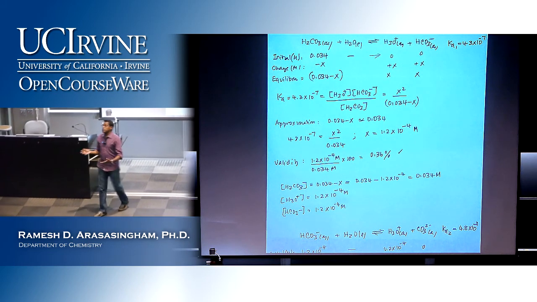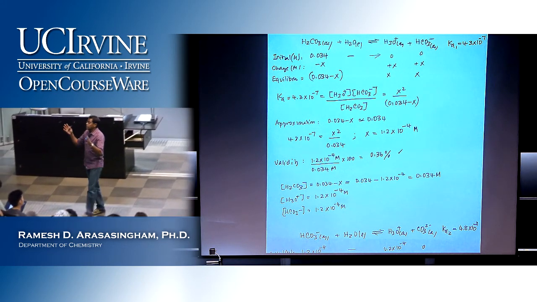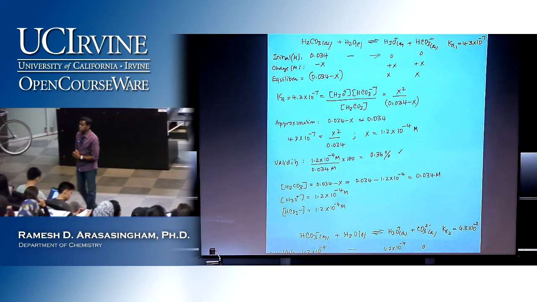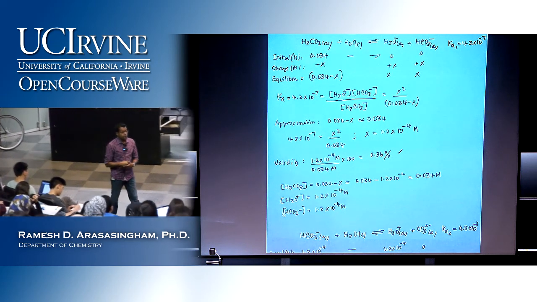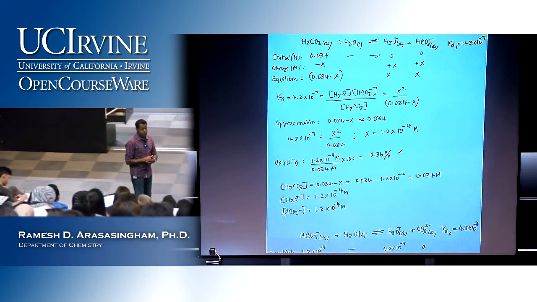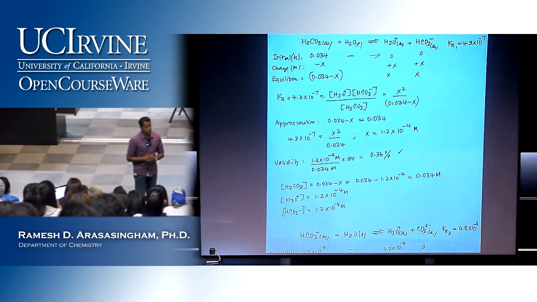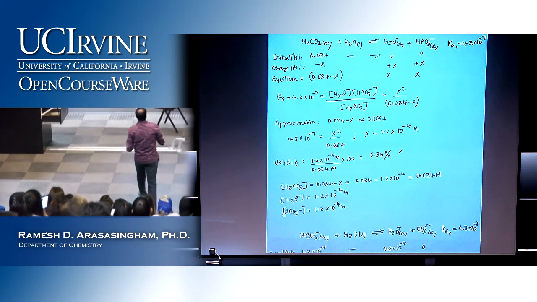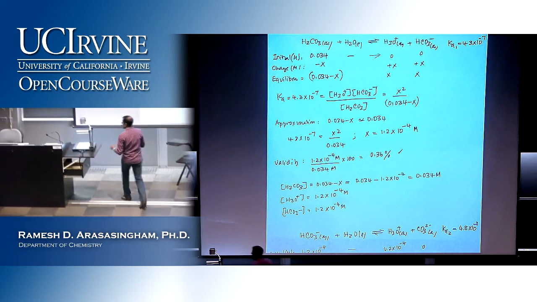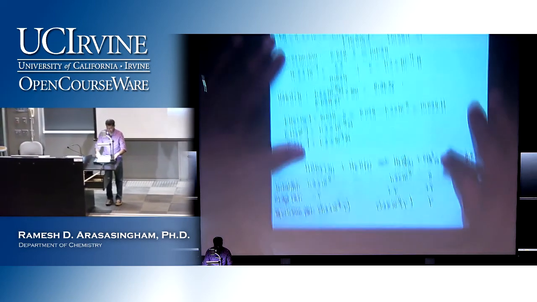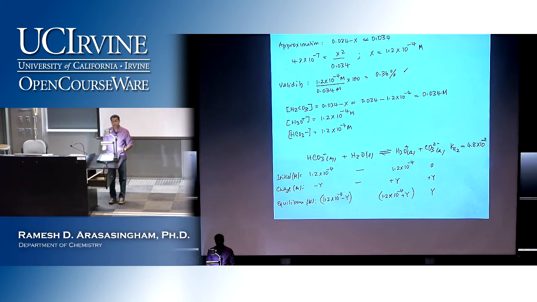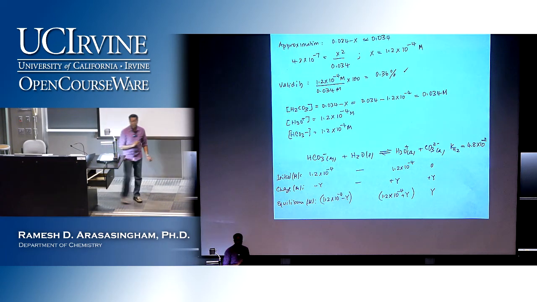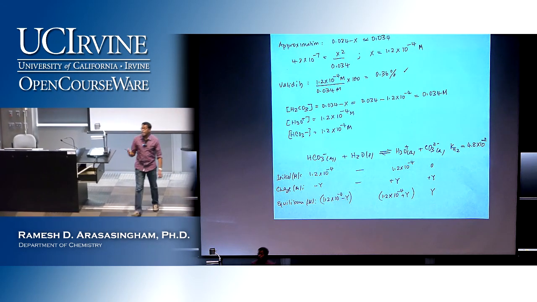Now this is what we usually did if we had just one deprotonation taking place, and we would stop at that point. All right? But now we have a second step where we have another competing equilibrium, where the second proton comes off. So we want to look at the deprotonation of the second proton. Then for the second step, we write the appropriate equilibrium, and we know that Ka2 is 4.8 times 10